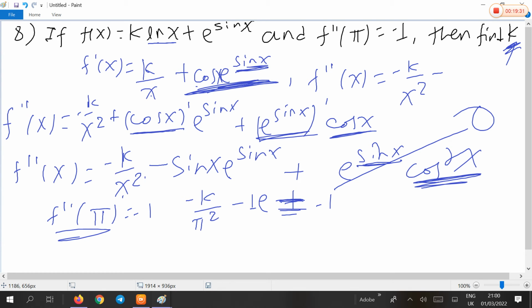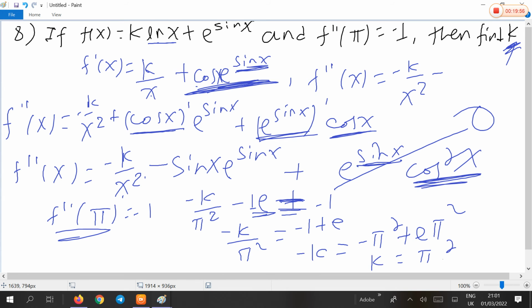So minus k over pi square equals, shifting e to the right hand side, minus 1 plus e. Then multiply both sides of the equation by pi square, so minus k will be minus pi square plus e times pi square,